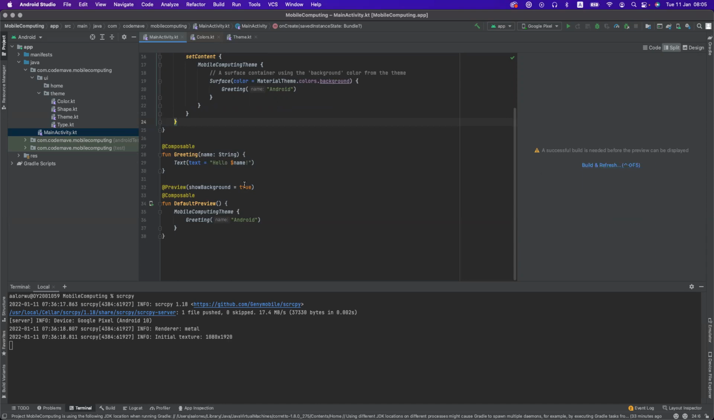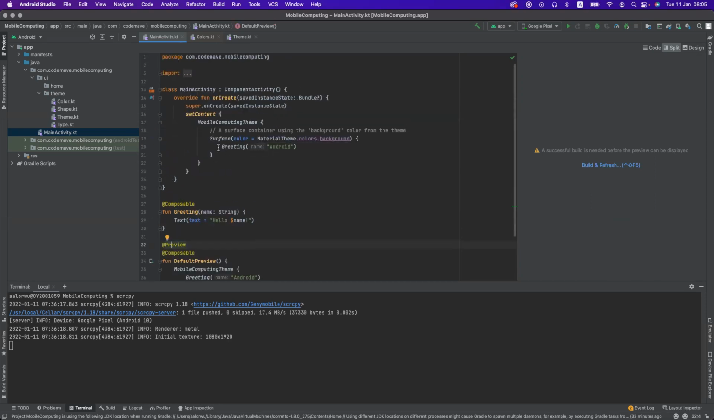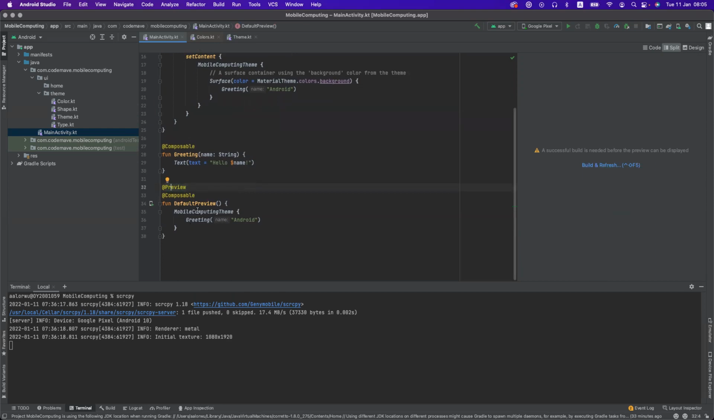So this preview here, what this preview is saying is that we want to preview whatever it is that we are defining, here. So it just uses the preview annotation, and it's also a composable because our theme is a composable. Because we are using our theme in here and defining the greeting, which is also a composable, then our preview must be a composable. But for us to be able to see it here, all that we need is to use the annotation preview. And so if I build,